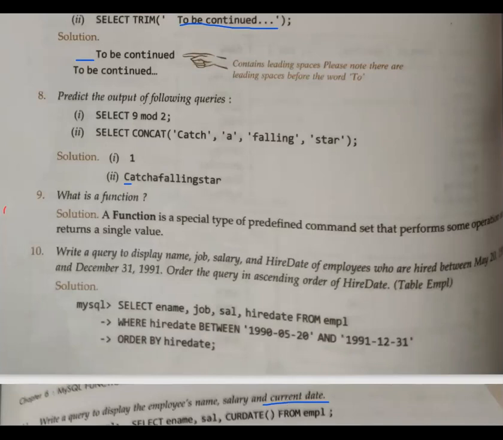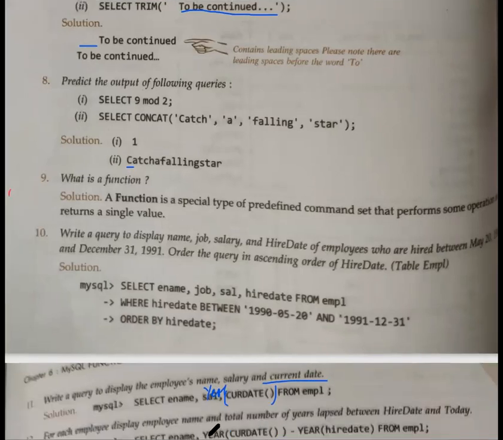See what I said: whatever is today's date, I want the year of that. So Khush, wrong answer. What you are going to do is, before this function, the current date. Here we are having only one function, so YEAR, that only we can write. Year of current date. It is given here also, year of current date. So like this you can use it. Hope this is clear to you. Actually this question was to find the difference between 2 years. Whenever you wanted to find the difference, this is how you can do it: year of today's date minus year of hire date. Hire date is any one of the columns in EMP. So on the basis of that you can do it.